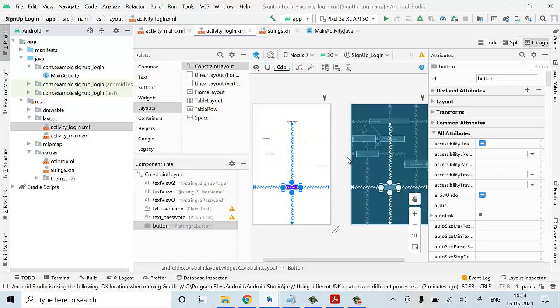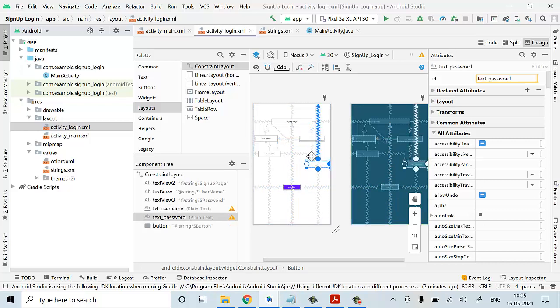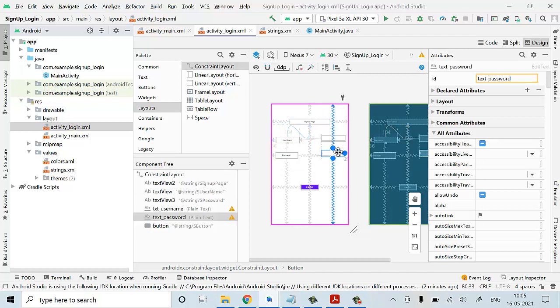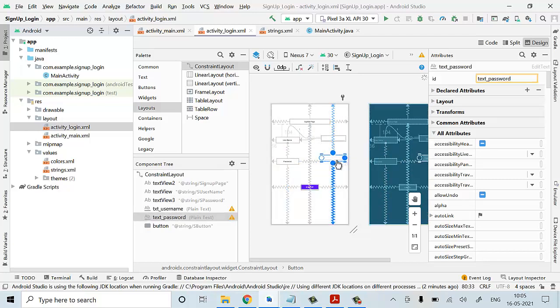Now everything is visible here, so just I'll change it to your things. Okay, now everything is done. So what we have to do, we have to just change our IDs or names for your sign up page and your button name.